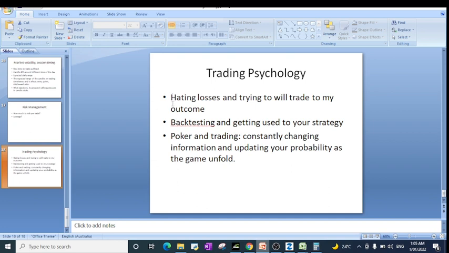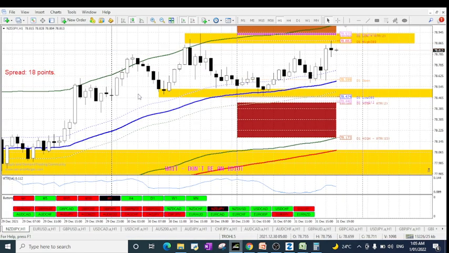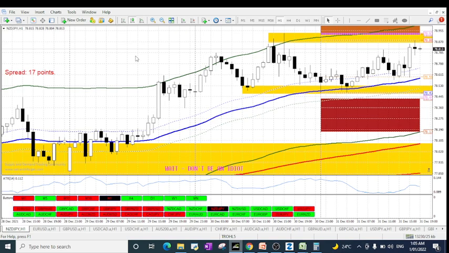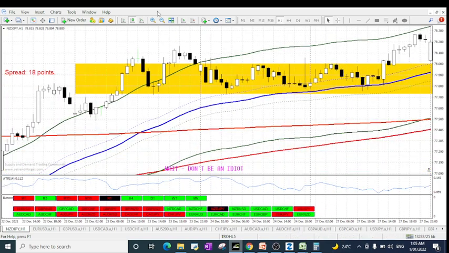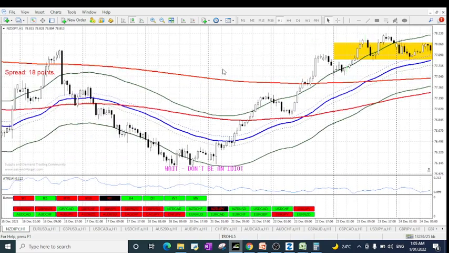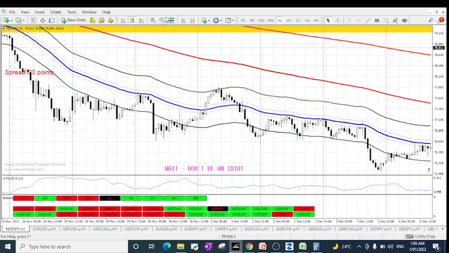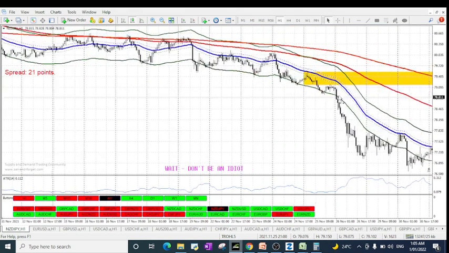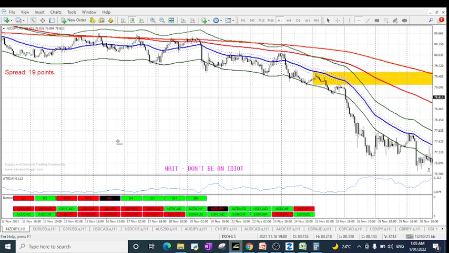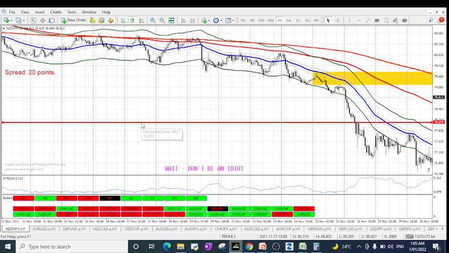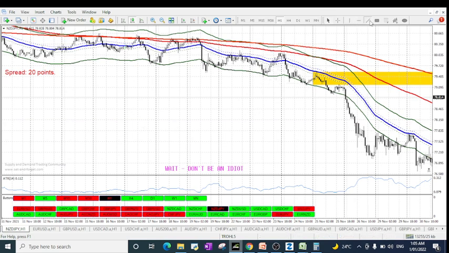So if for example a move starts, let me go to an empty section of the chart. So let's take this area for example. Okay, so we have an empty space here. If we have a move like this, if a candle moves up like this,